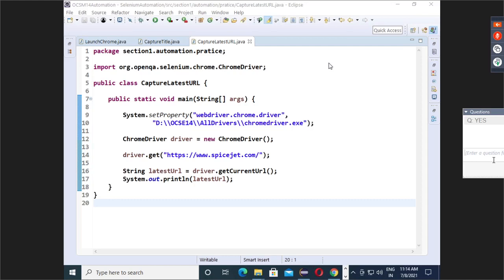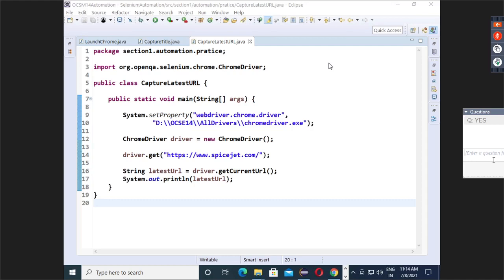Guys, once done with the copy, let me know. No, Bhavin, it will run the previous class because in that class the main method will be there.